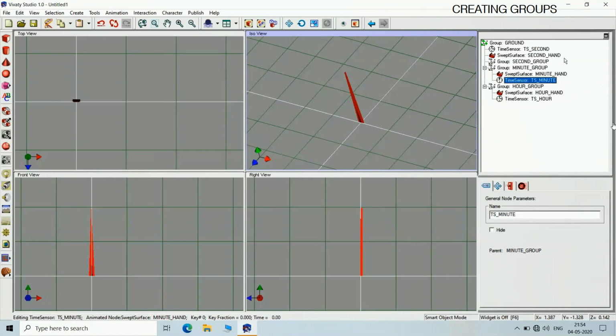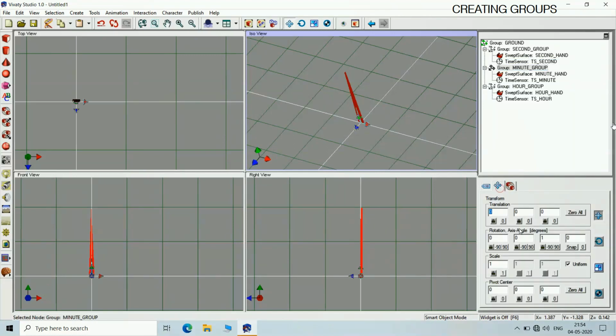Now drag the elements of the minute, second, and hour hands into the respective groups. And now we will shift the group along the x-axis in both directions, negative and positive. Shift it by -4.4.